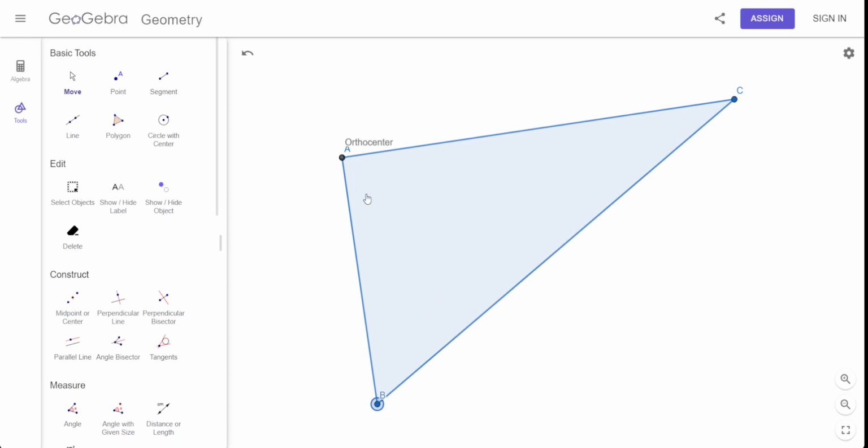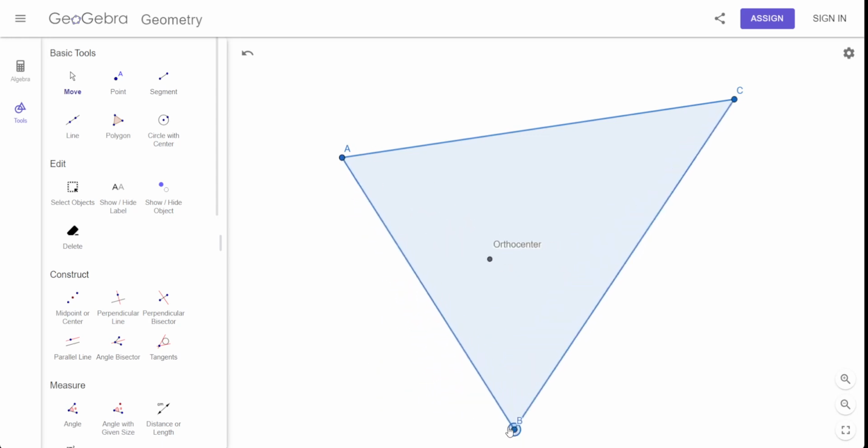And it should make sense, because if that's a right angle, what's the altitude? It goes from here, perpendicular to there. Agreed? It goes from here, perpendicular to there. So it should end up right on that right angle. So that's kind of interesting. All right? Now,